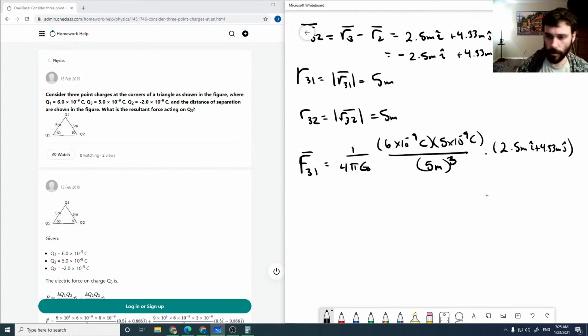This is going to, using an epsilon naught of 8.85418782 times 10 to the minus 12, then our F31 comes out to be,